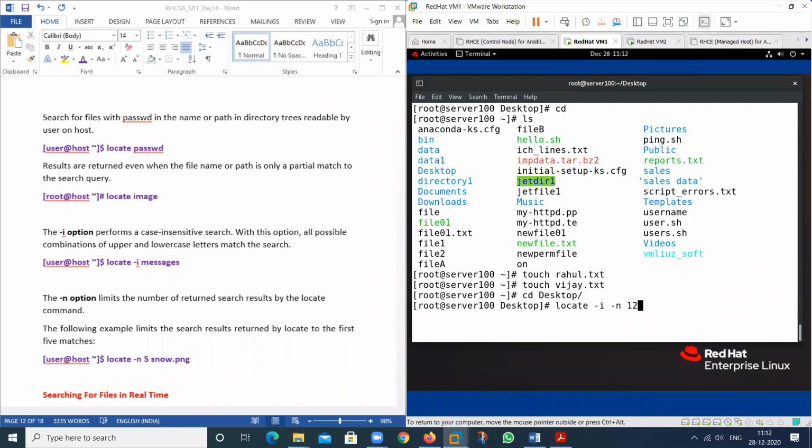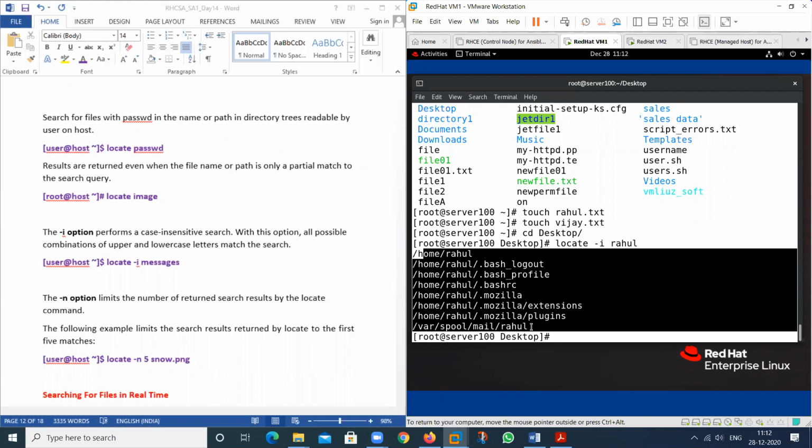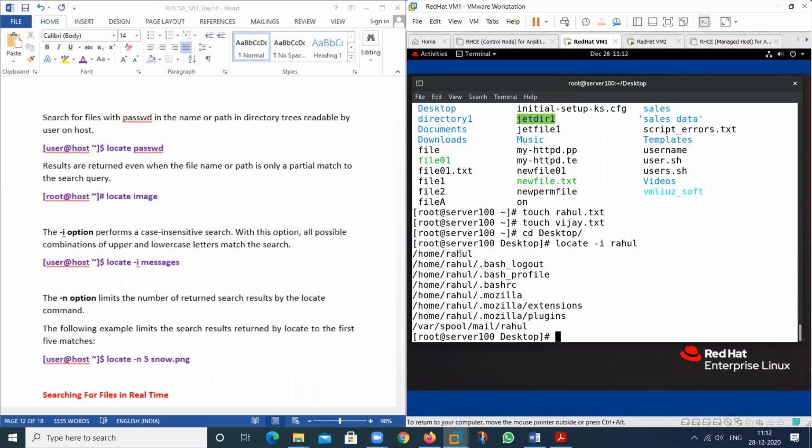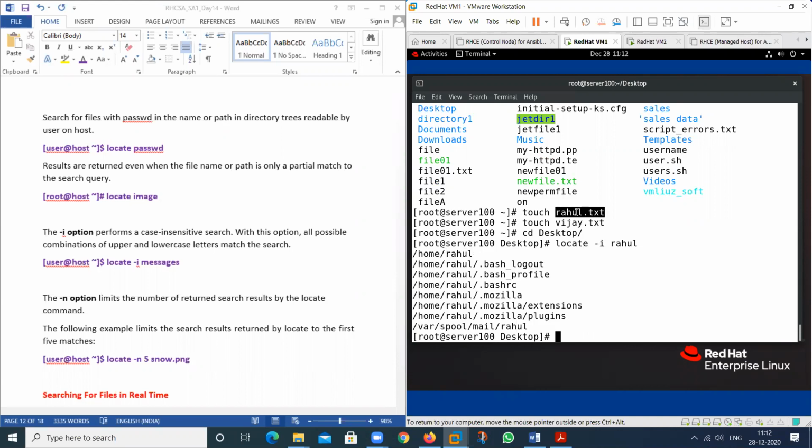See, Rahul. Is there any result related to Rahul? No. It will search the result because this is also the name of a user. So it will provide the location of that particular Rahul user, not this particular file, because